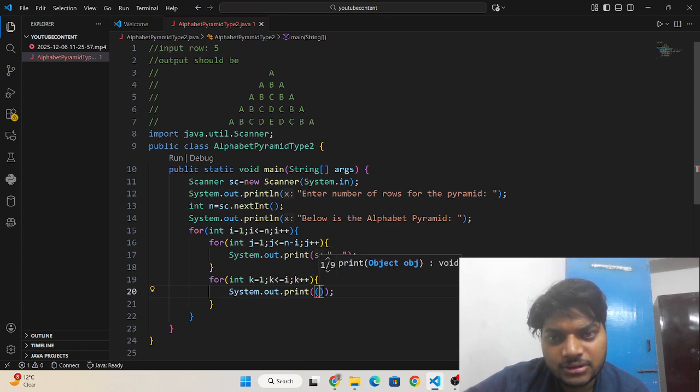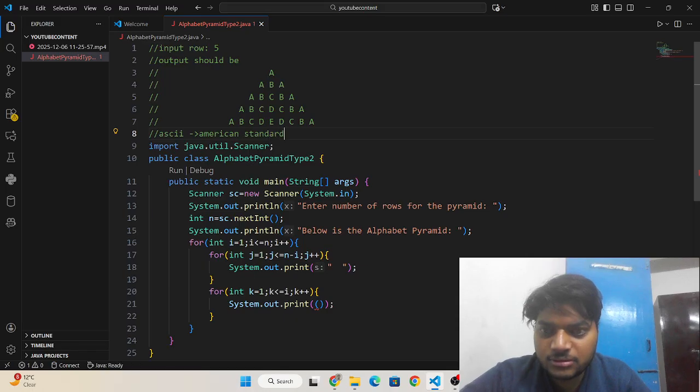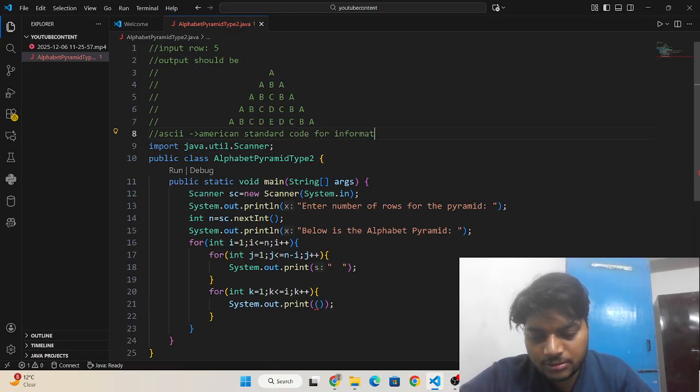So the ASCII value of a. You know what ASCII is, the full form of ASCII is American Standard Code for Information Interchange.